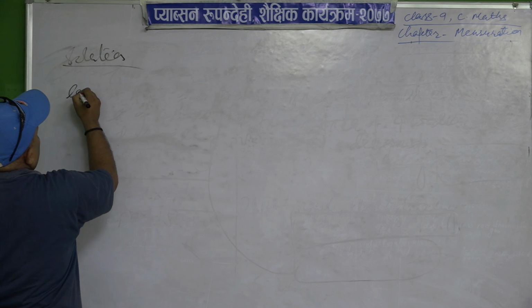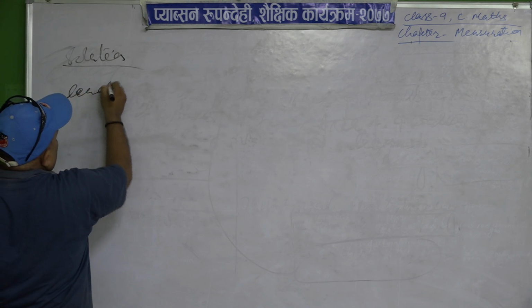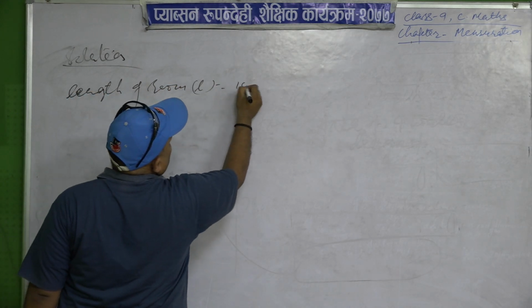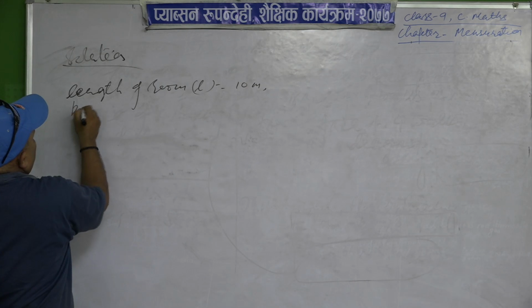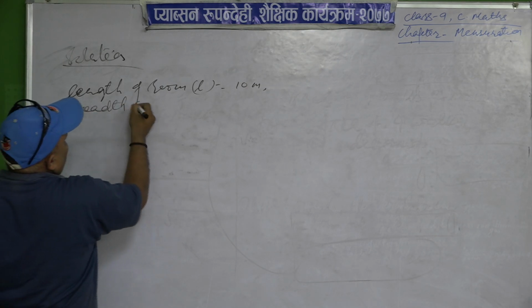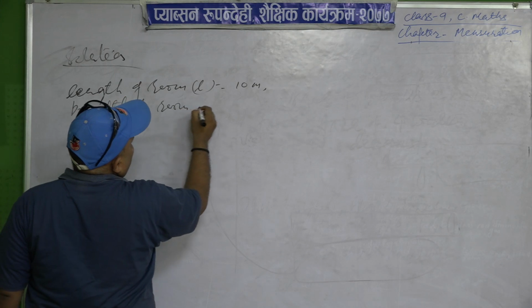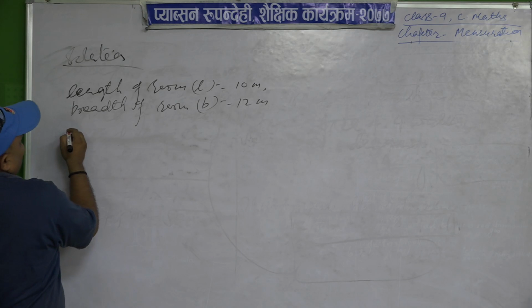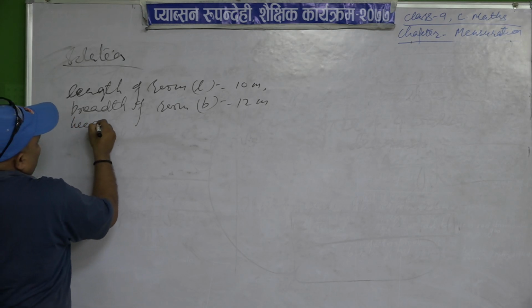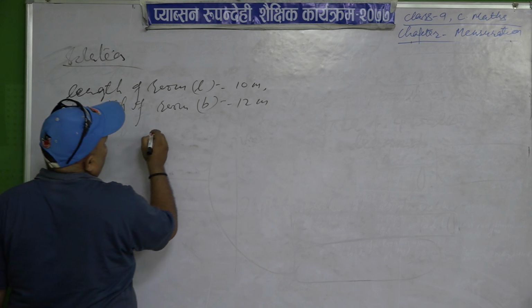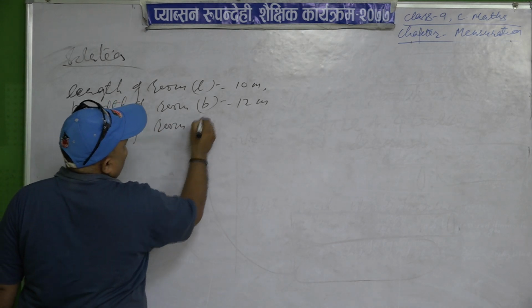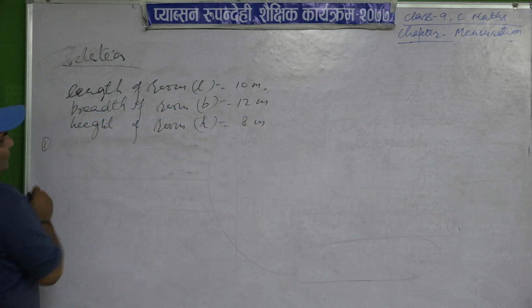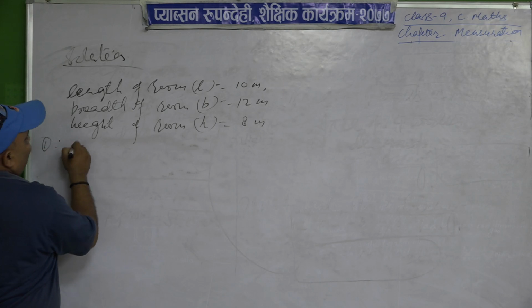Length of the room L is equal to 10 meter. Breadth of the room B is equal to 12 meter. Height of the room H is equal to 8 meter. Question number 1, what we have to find out? Therefore, area of